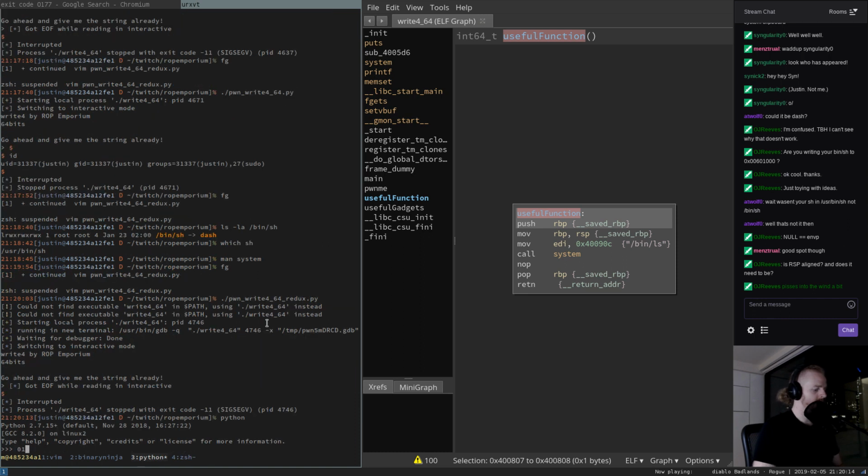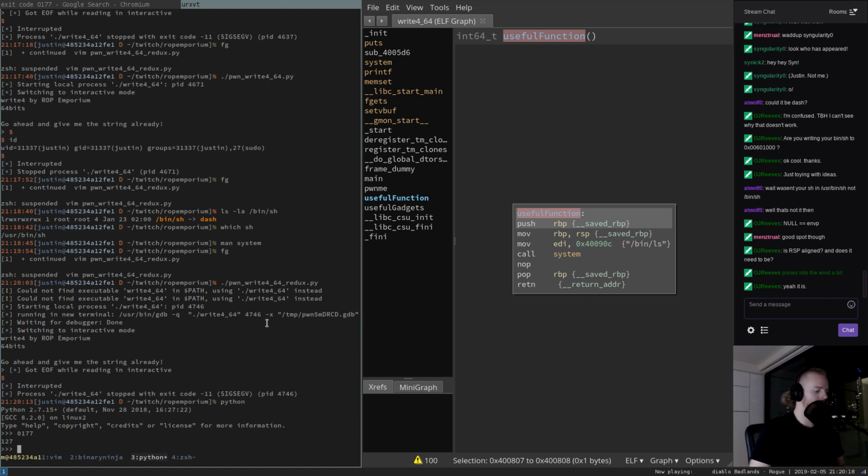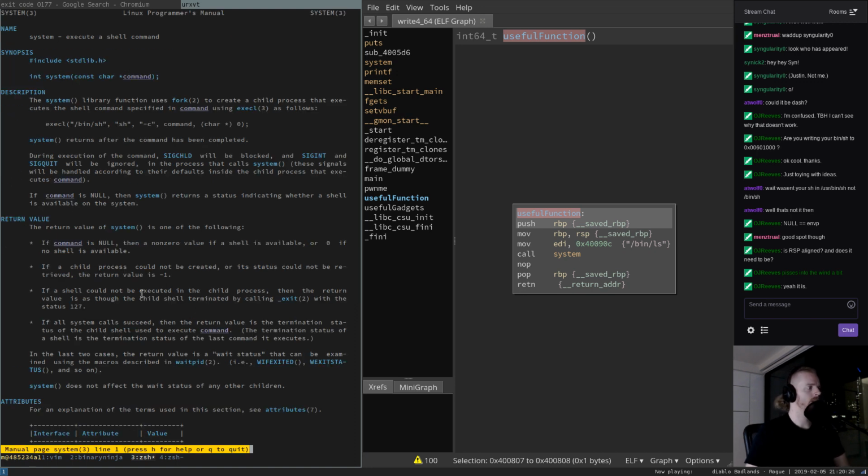Alright, then what is O177? Yeah, it's 127. So octal 177 is decimal 127. And man system actually has something to say about exit code 127. If a shell could not be executed in the child...